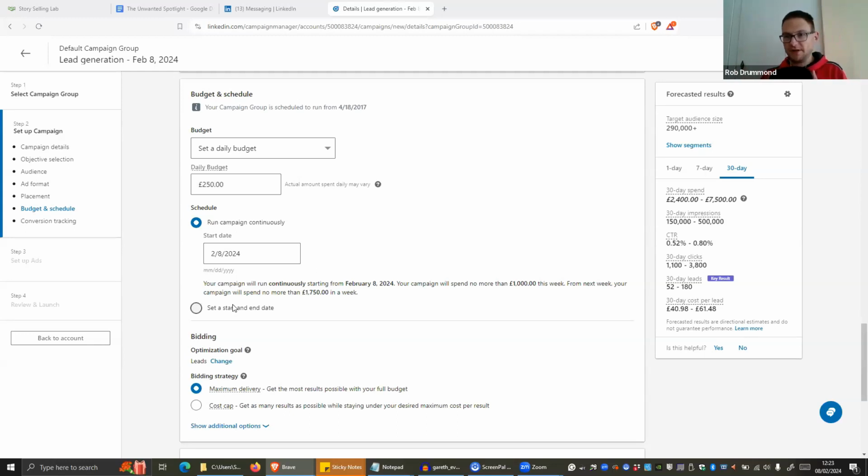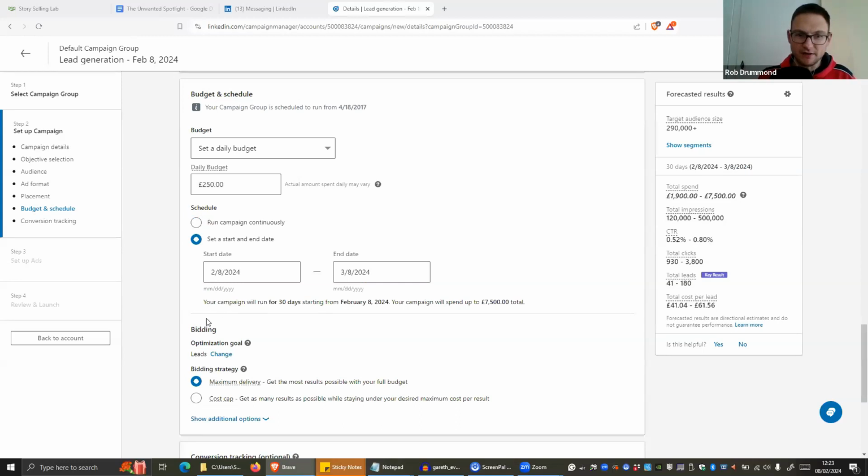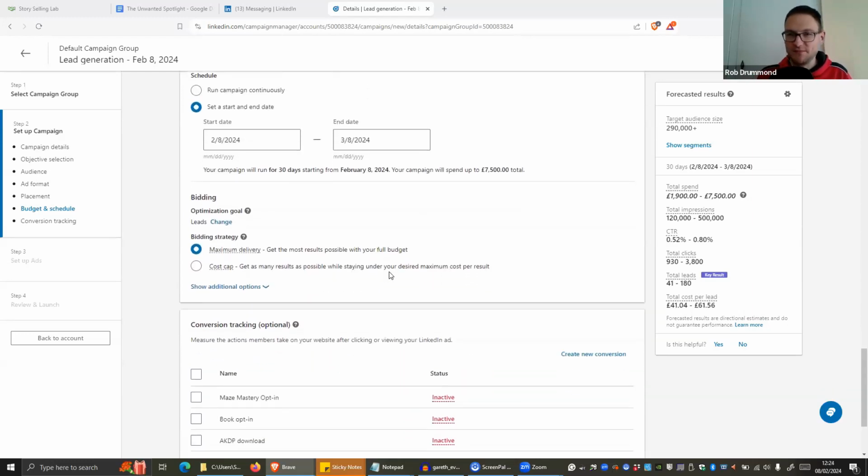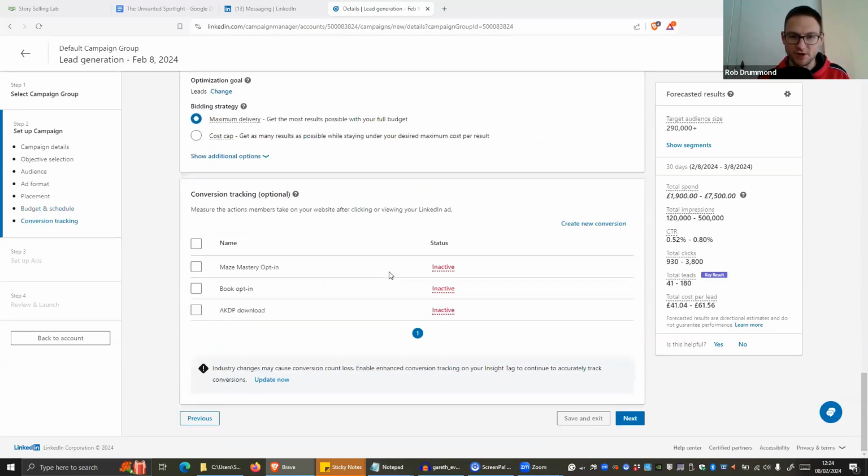So you just run it for a few days on a smaller budget. Rather than running it continuously, you set a start and an end date that might be 5 days or 7 days. And if after 4 days you've spent most of the budget and it's not generated any leads, you cut it off a bit early and chalk it down to experience. Just have a notepad file somewhere or a Word document that documents all of the different ad experiments that you run and what the results were. So you've got a bit of a testing log.